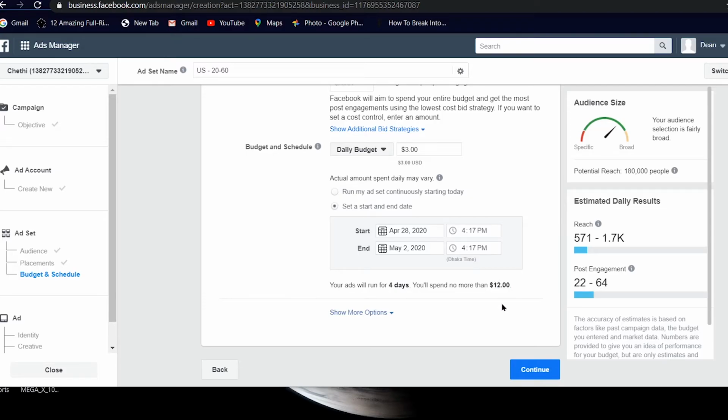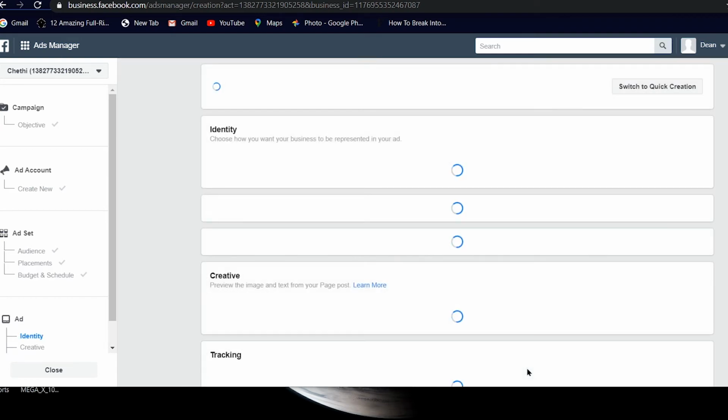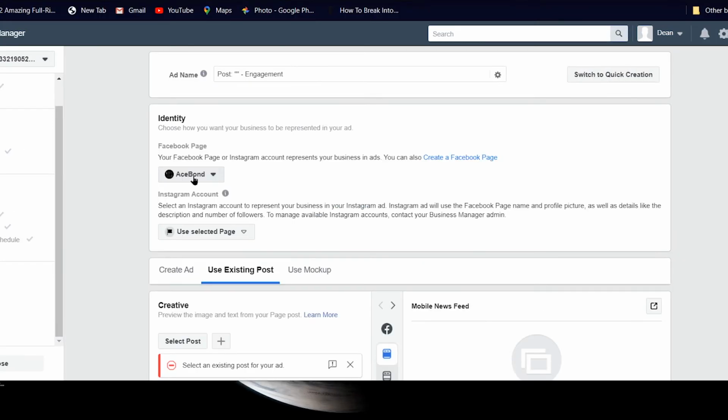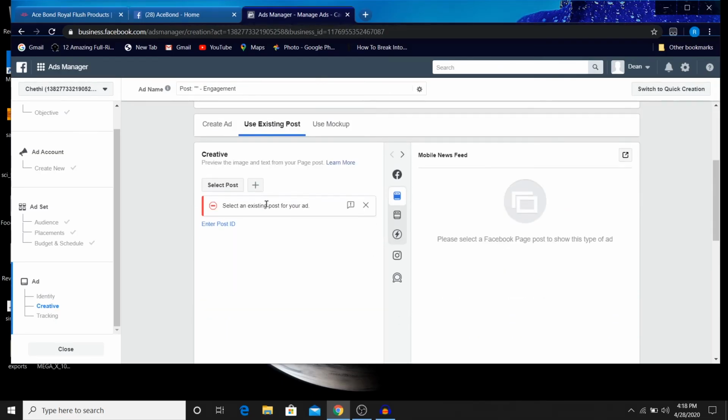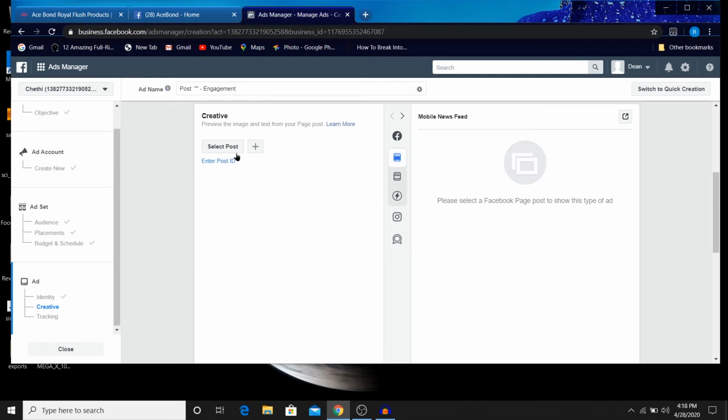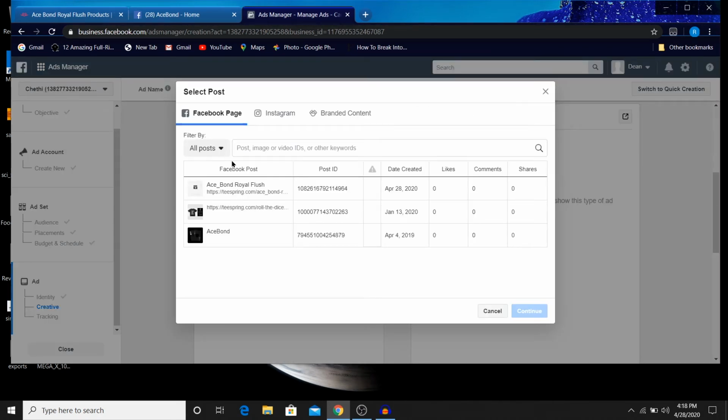Alright, so once you're done with that, you click on continue, and now they will be talking about the ad itself. This is the page that you're using to make your ad. Here you'll select the post that you're going to be talking about. So I'm going to click on select post, and the post that I've made today, I'm going to click on continue,